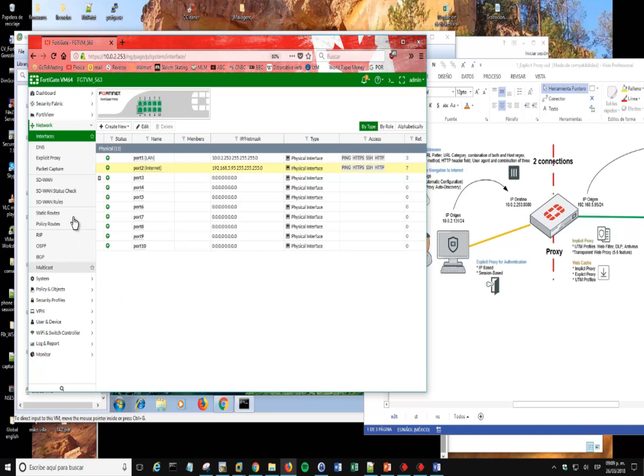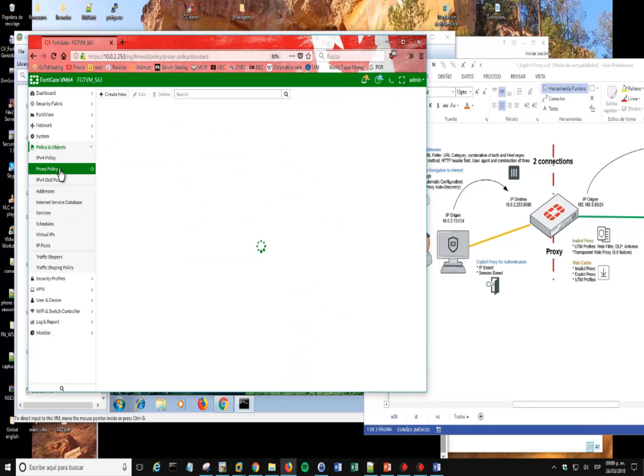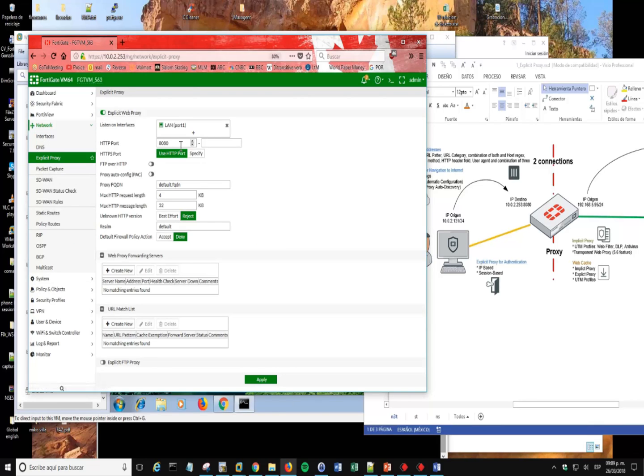Well, first of all, we need to confirm that we have enabled it on system. Let's go to system. Feature is going to be here, and we need to confirm that Explicit Proxy is enabled. Once it is enabled, the option here for Proxy Explicit is going to be enabled, but this is going to be for the policies. You can check the basic configuration here on network, Explicit Proxy, and you are going to see the port, for example, the HTTP port, and where it is going to be